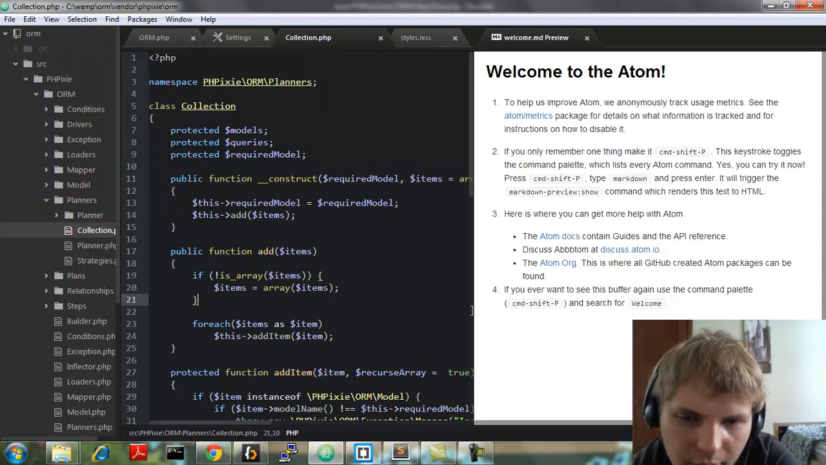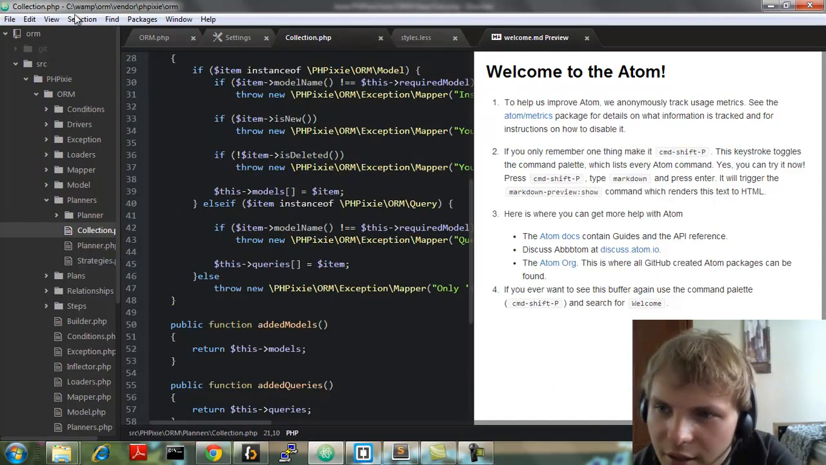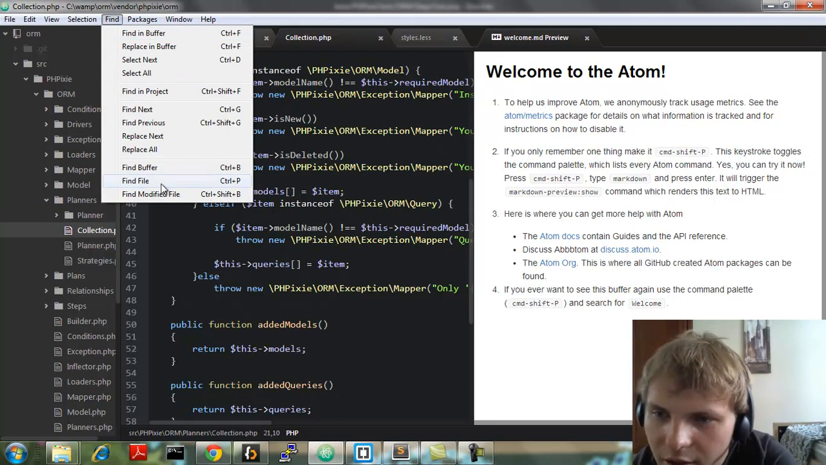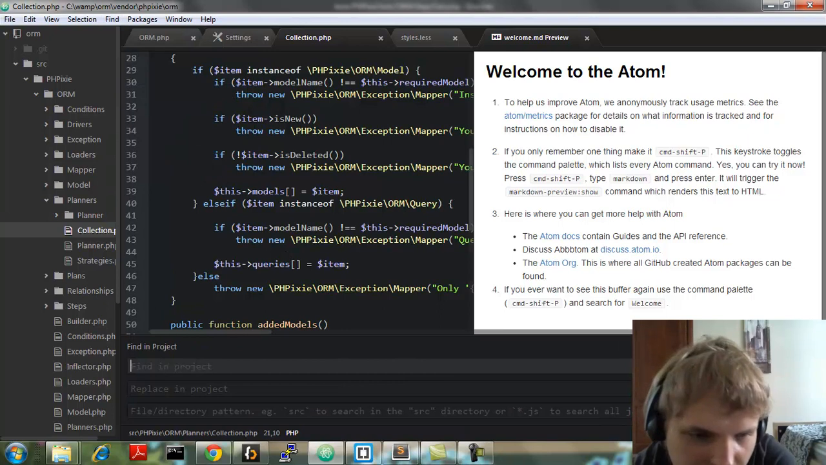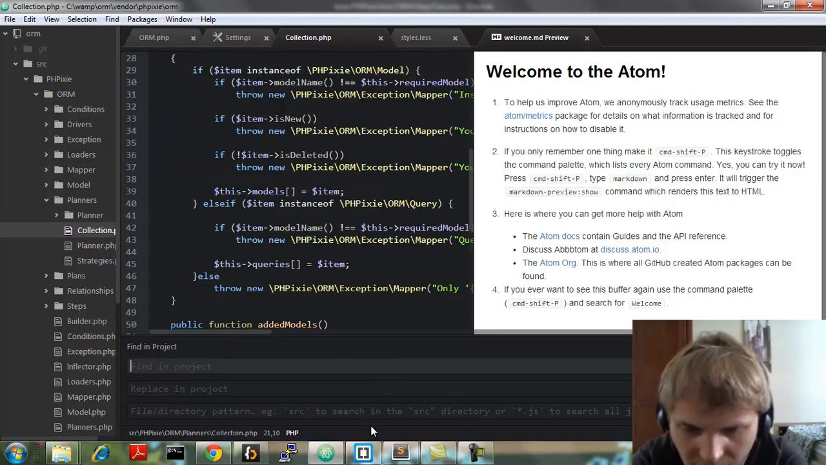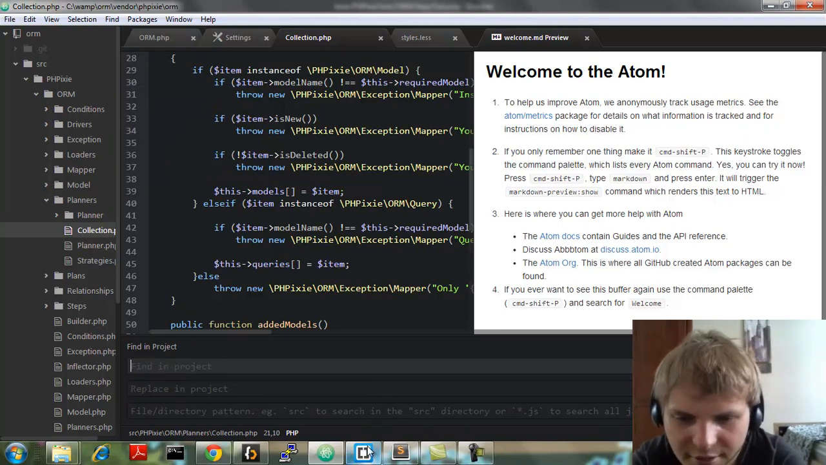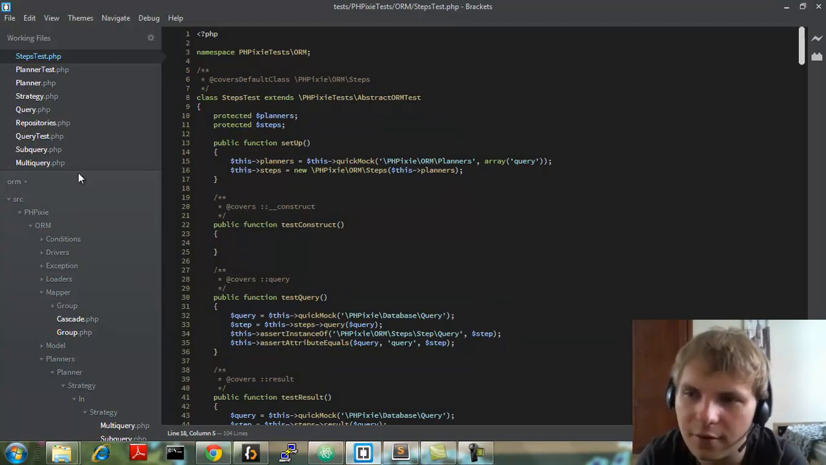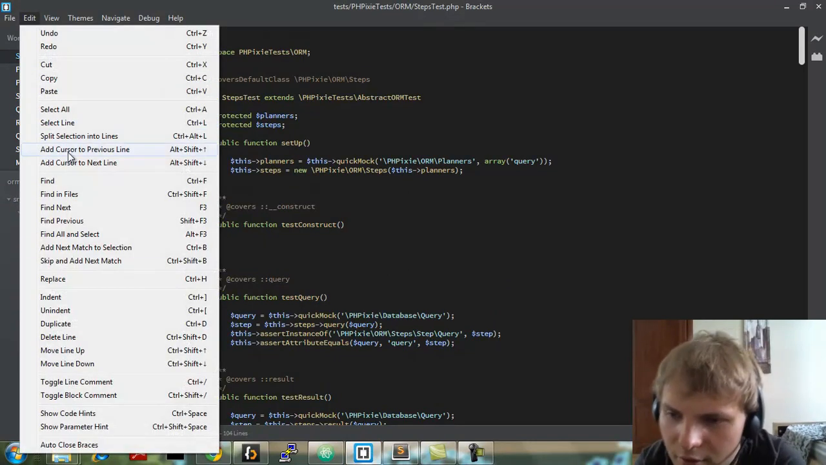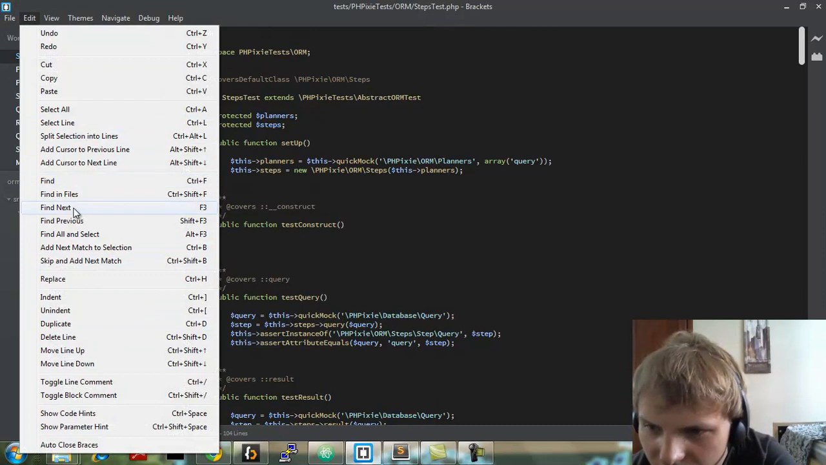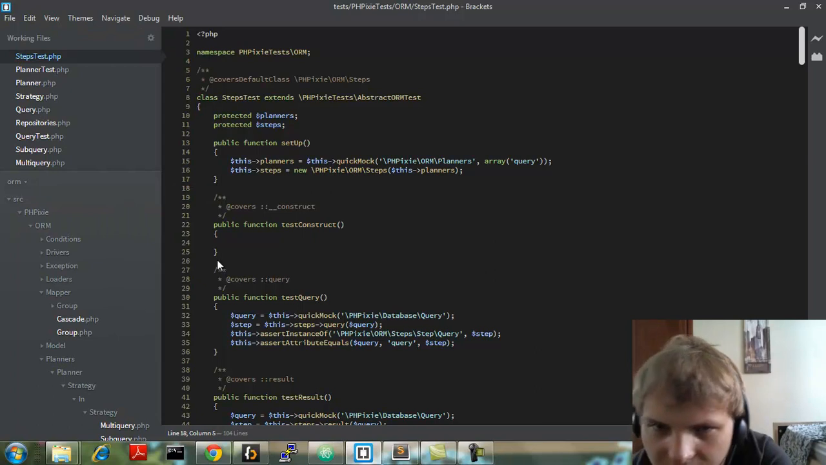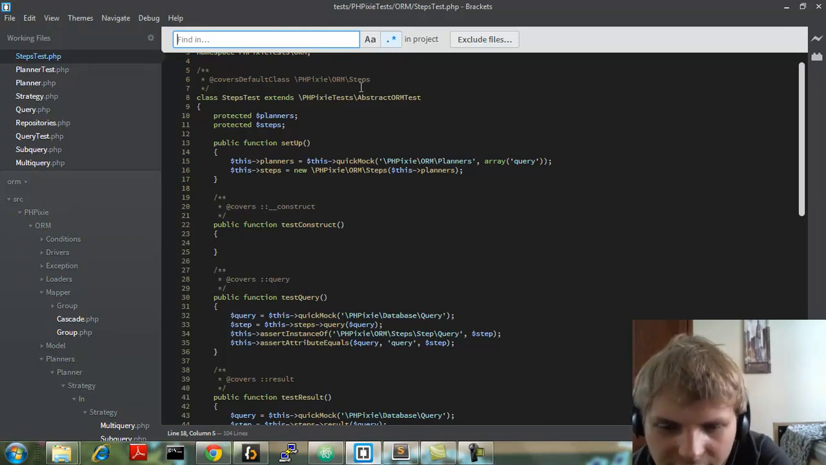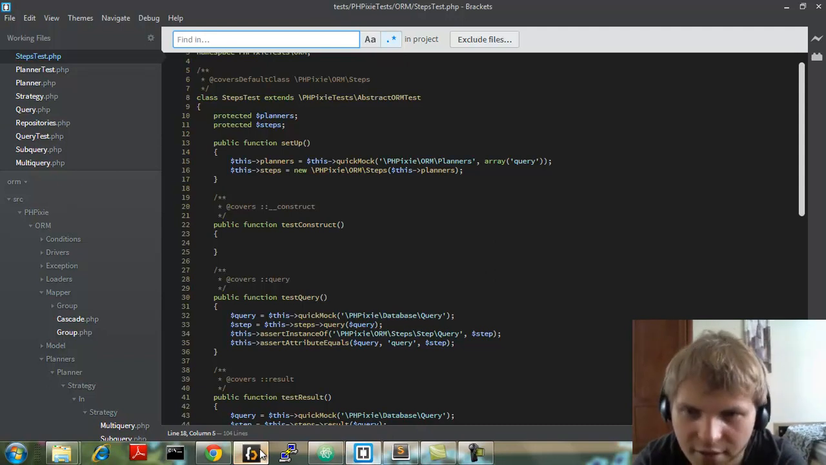Now let's talk a bit more about two things that I need, like find and replace. So find in project. This is the find and replace in files, and it's very similar to Brackets. Edit. You can see there's a lot of options here. Find in project, find in files. I don't think Brackets can replace in files, so that sucks. But